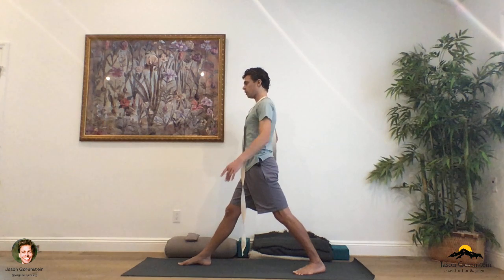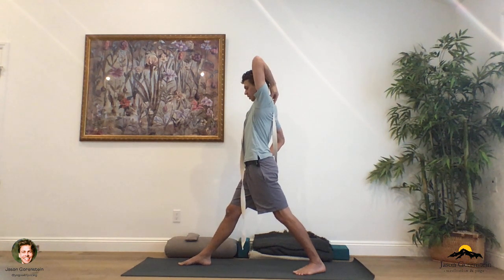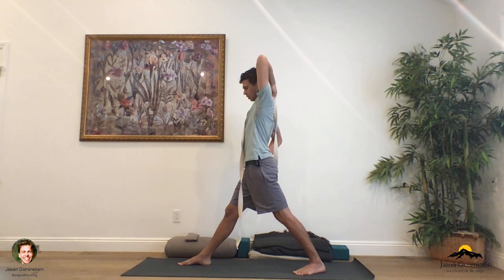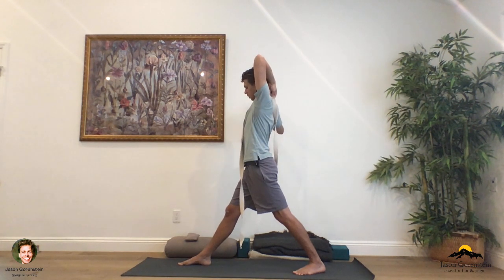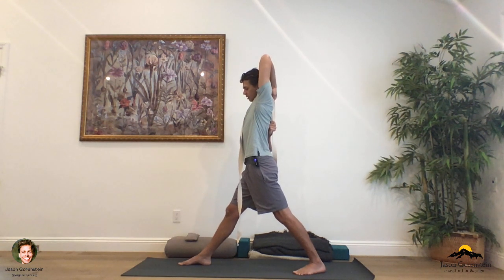You're going to take your right arm again and extend your right arm up towards the ceiling. You're going to spin the right palm down and glide your right hand onto that strap. You're going to take your left arm out to the side, turn the thumb down, and then glide your left hand up the strap. Now you're going to take your right elbow up towards the ceiling, your left elbow down